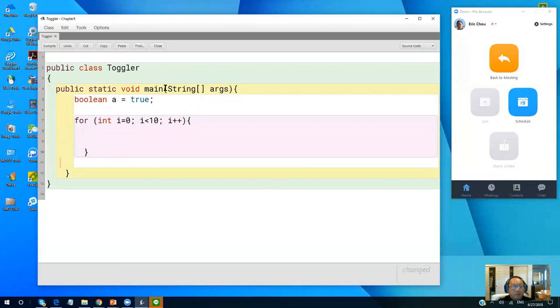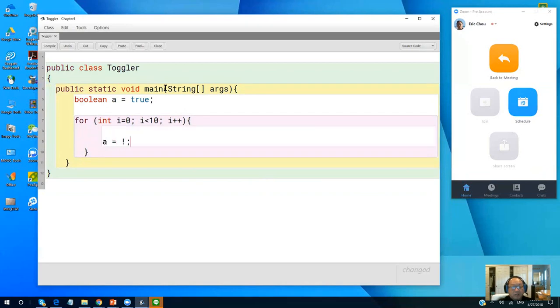I run 10 times, and each time, at the end of it, I say a equals not a. And before that, I say if a, System.out.println I am happy.